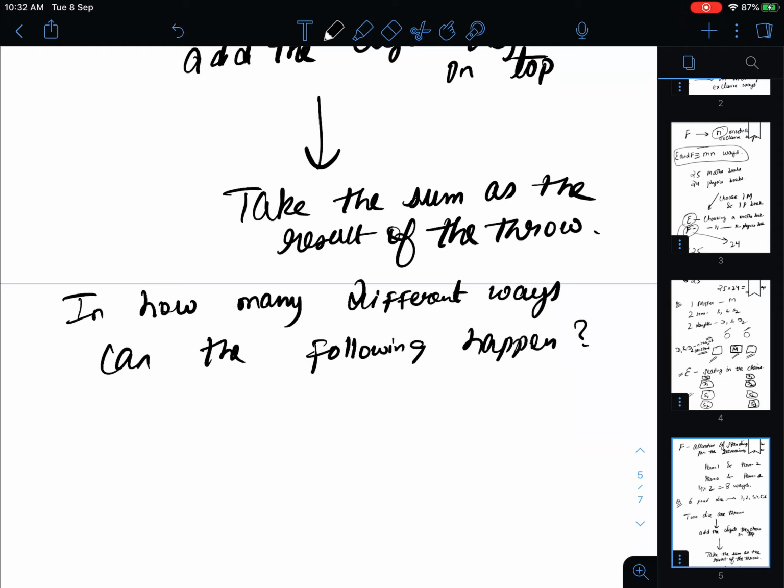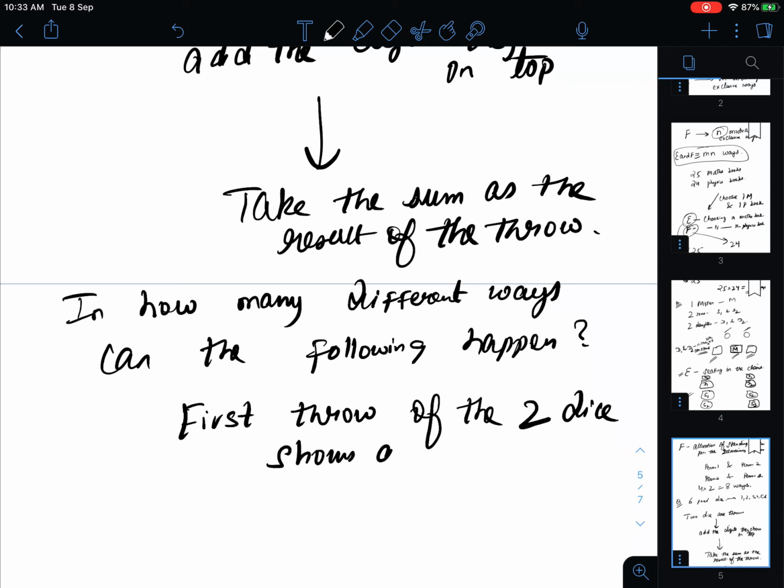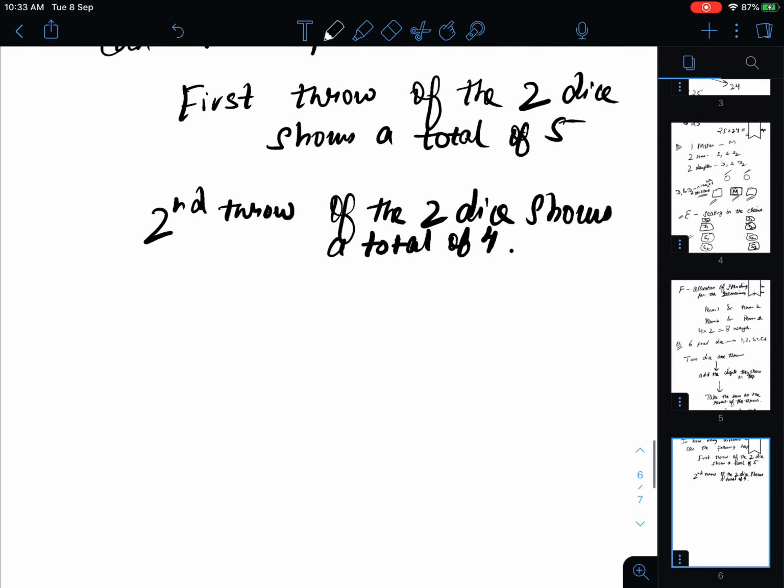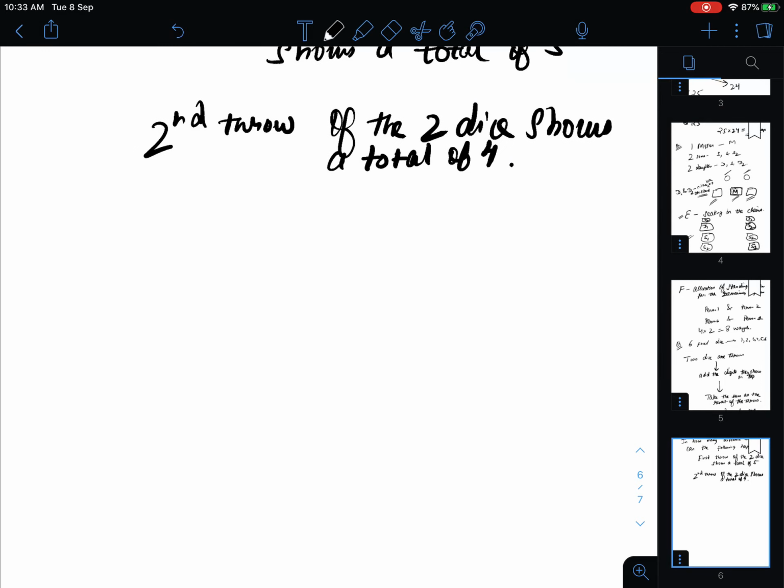And the situation is, first throw of the two dice shows a total of 5 and second throw of the two dice shows a total of 4. Okay, so basically what we are saying is, you have one event E which is first throw